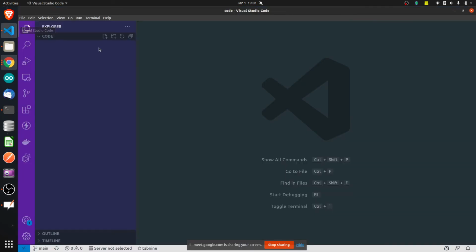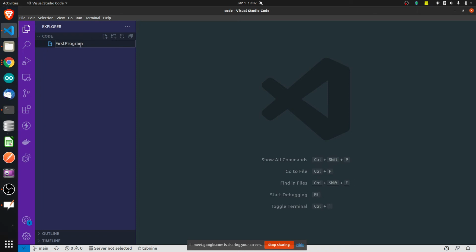So I'll go to my VS Code, click a file, and write my first program. If I want to name my file as my first program, instead of writing it like this with spaces, I will do something like this. Either I can write first underscore program. This is a way of creating files using underscores. Or there is another way called camel casing, where I write firstProgram, and the next word starts with a capital letter. You can use either of these two methods, but don't make use of spaces in between.